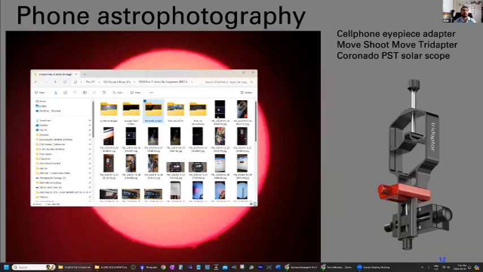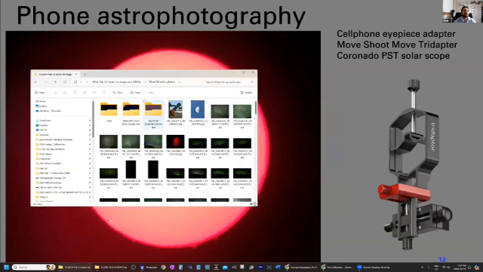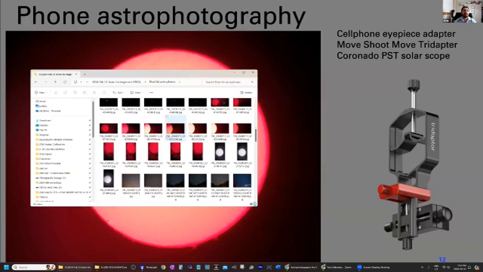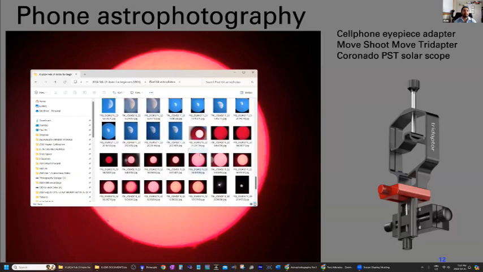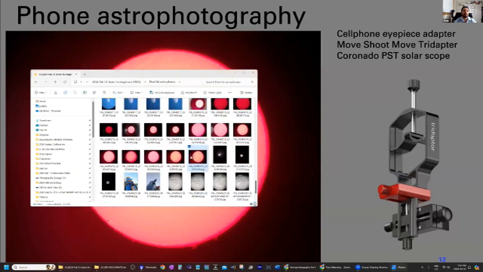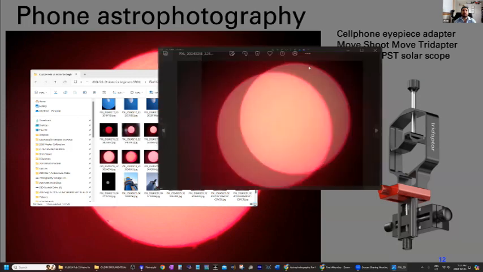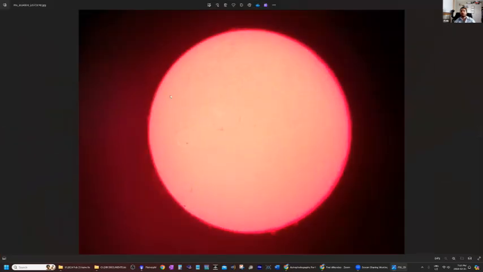There we go, okay. So, there, I think it was this one that I had used. But as you can see, it looks much sharper over here than it does in the Zoom presentation for some reason. But it gives you an idea of what is possible just by attaching your cell phone to your eyepiece and just hitting shoot with no other settings.